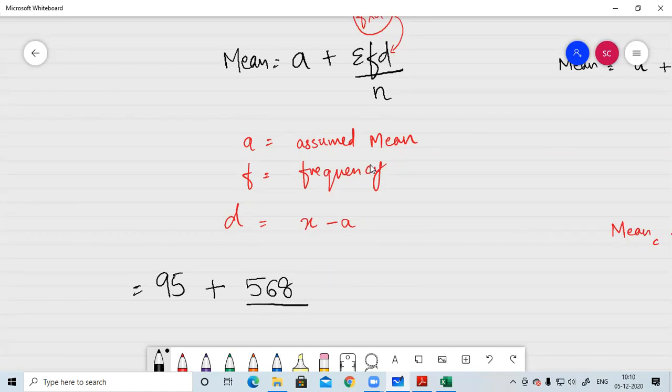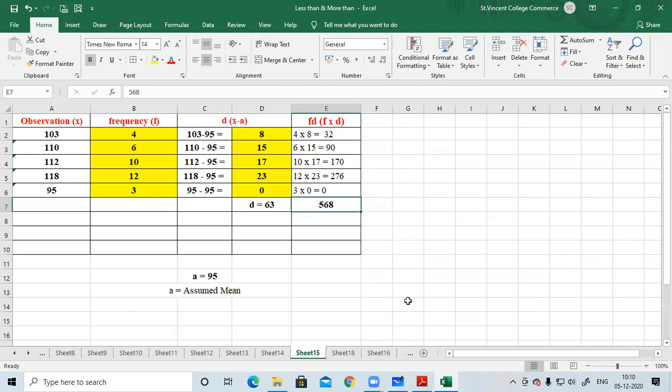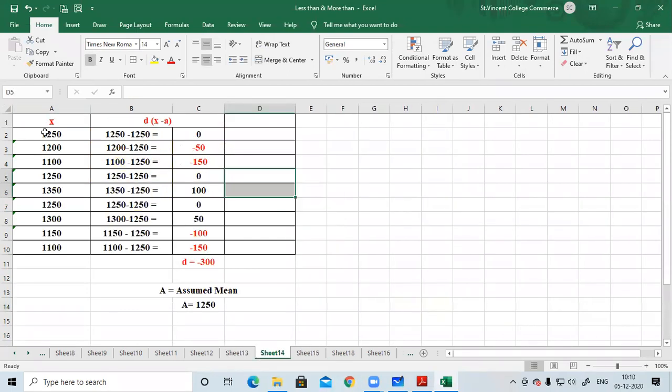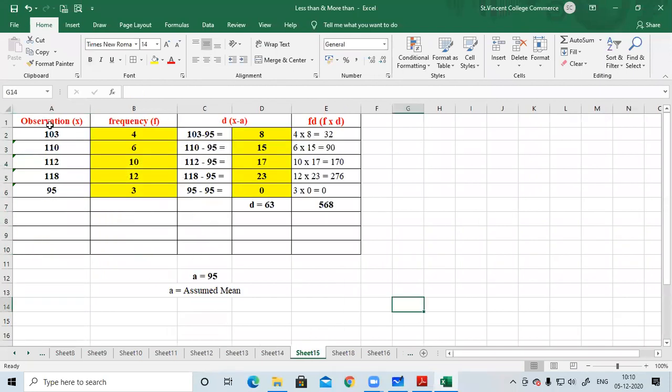Now what is n here? I'm going to show you the sum again. This is ungrouped data, raw data. Can you see this? Just numbers given, only X given. So 1, 2, 3, 4, 5, 6, 7, 8, 9. That becomes your n. But when we have grouped data, another type of grouping, we have X and frequency given. N is equal to the total of the frequency column. What is n equal to? The total of the frequency column.